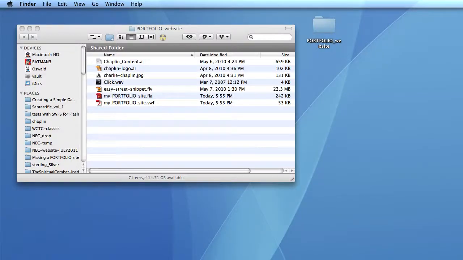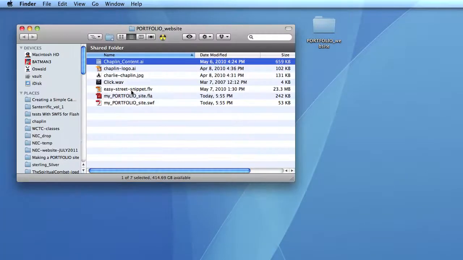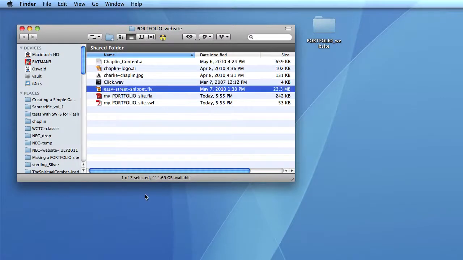Okay, this is chapter 6, and what we're going to do is add an animation at the beginning of our piece, and then we're also going to add a movie. So I've downloaded an Illustrator file from the class website, and I also downloaded the FLV file where the video is contained. So let's go back into Flash,